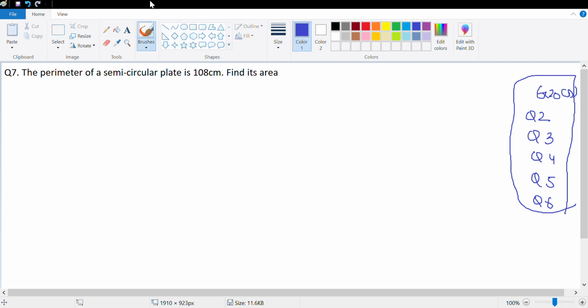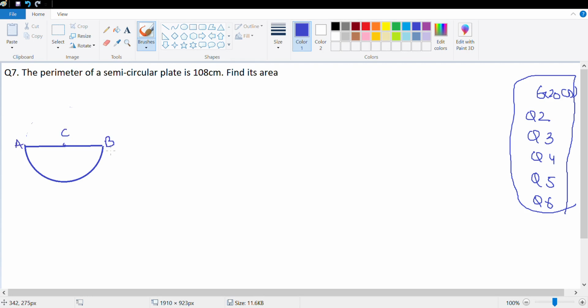Good, let's look at the question. A very smart, interesting question. The perimeter of a semicircular plate is 108 centimeter. So let me just draw for our understanding a semicircular plate, which means if this is my diameter, then this part we are not bothered about. Perfect. So this is the semicircular plate that we are talking about, and this is the center and this is